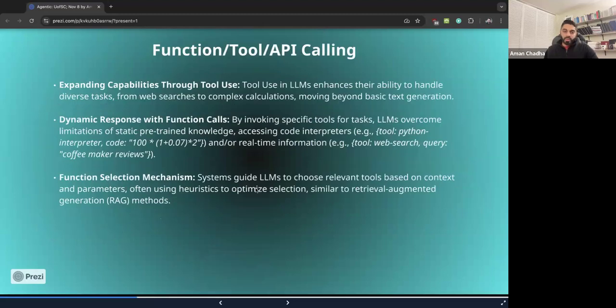So let's actually talk about function or tool calling first, right? So tool use in LLMs is essentially, like I just mentioned, a very important capability. Out of the box, an LLM is confined to the knowledge that it has seen during pre-training, supervised fine-tuning, and some stylistic alignment as well later on if you have an alignment stage.